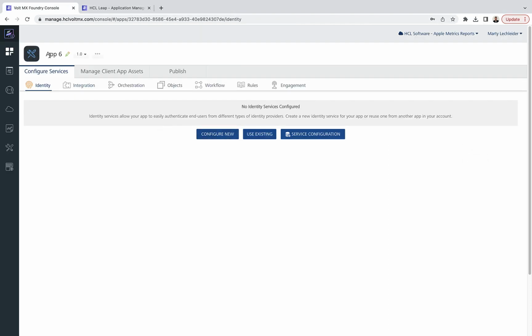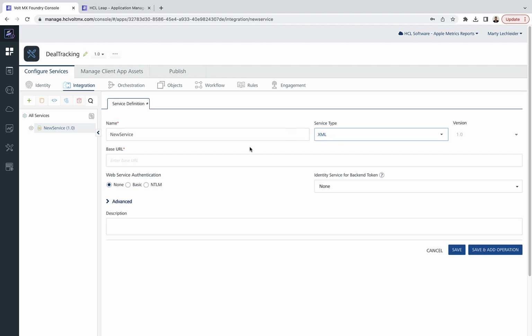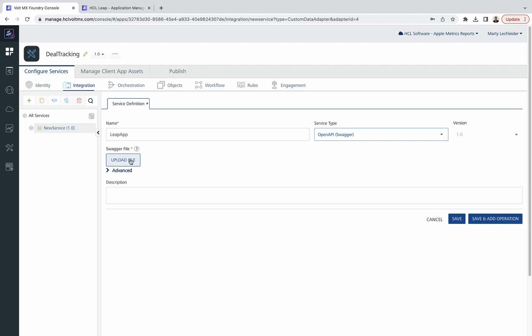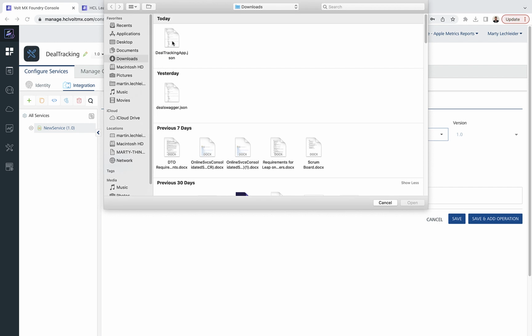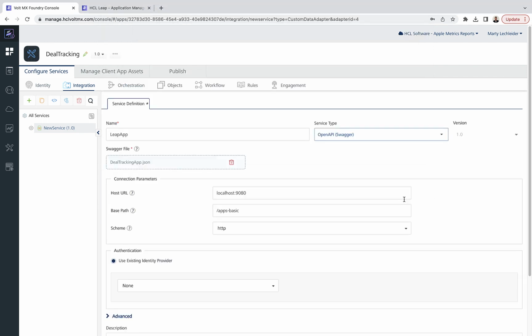So we'll go over to Foundry, we'll create a new application, give it a name like deal tracking, and we'll click integration and then configure new, and we're going to create a new integration service. In this case, we'll give it the name Leap App, and we'll pick the Open API spec, and we're going to give it that Swagger file that we had just saved. Now this is important: you want to give it the right host and the base path, as well as set the scheme to HTTPS. So then we'll save this,